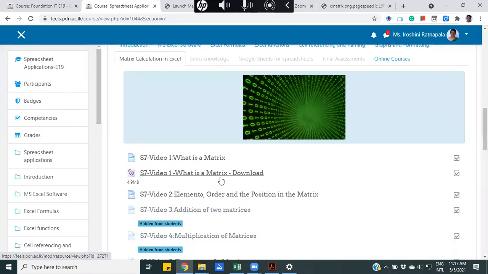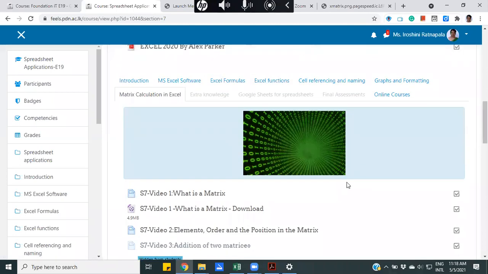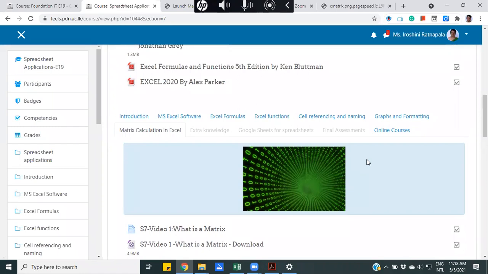I will use those words, right? But I will explain how to add two matrices, how to multiply two matrices, what the transpose of a matrix is, how we can represent it in Excel, and how to do the calculation of matrices in Excel, right?